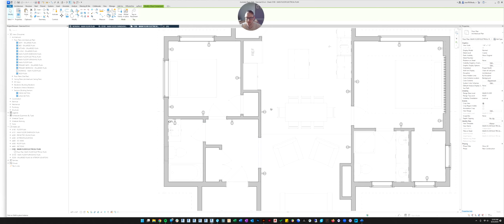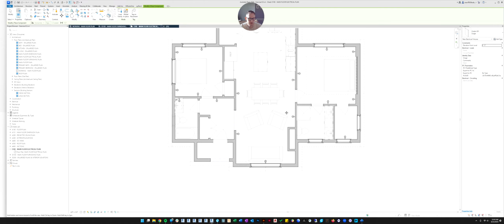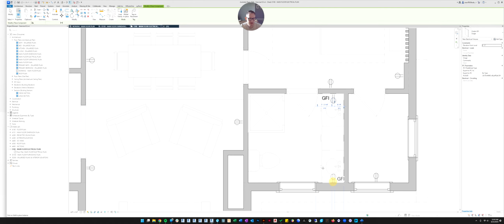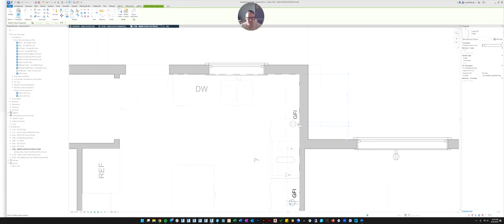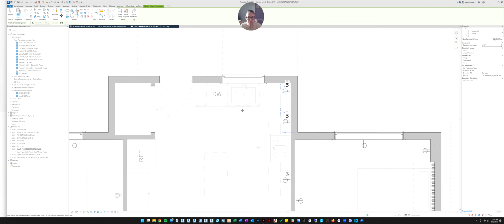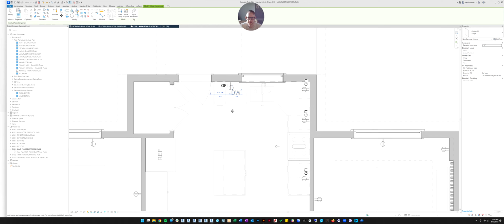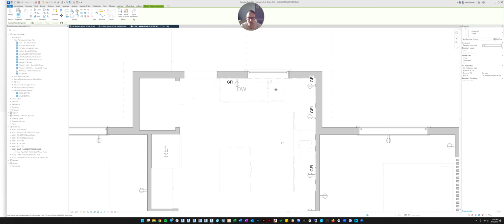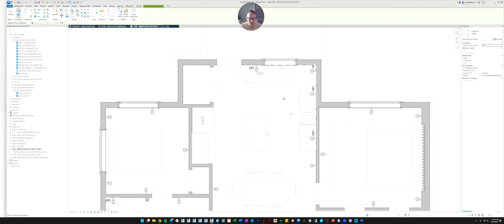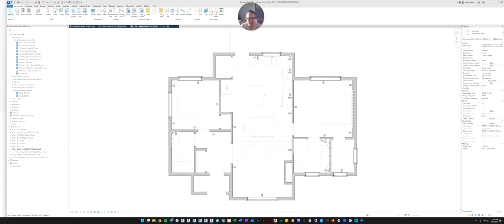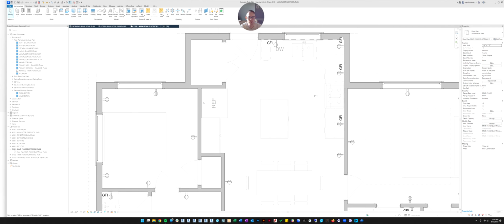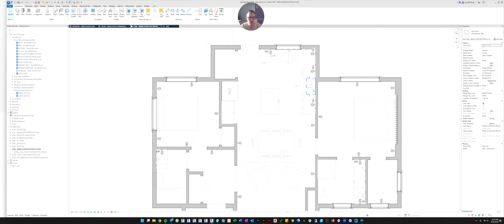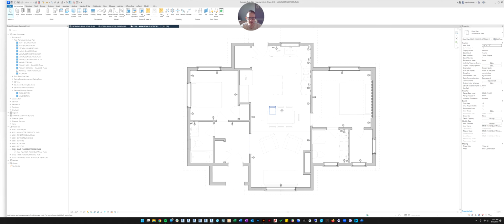So let's go back to placing GFI outlets. We need them in the bathrooms. And we need it above the countertops in here. Now in a kitchen, I think the code is every 4 feet you need an outlet. Okay, so now we got our GFI outlets. And then if you wanted to, you can put in specialty outlets. The refrigerator needs one, the dishwasher needs one, the garbage disposal needs one, and the range needs an outlet. So I'll let you guys finish off the outlets.